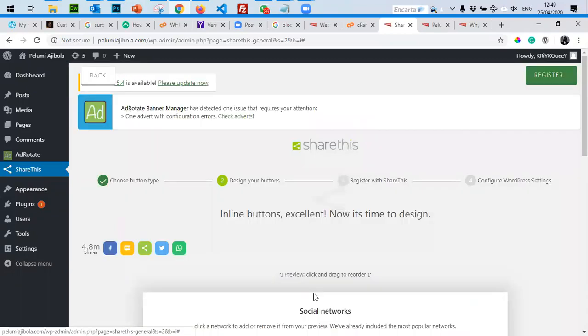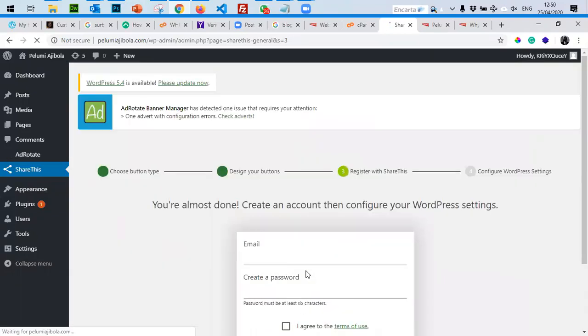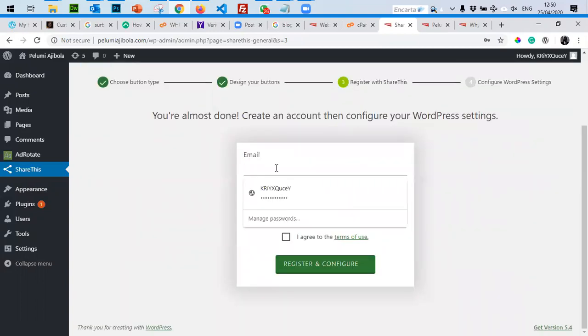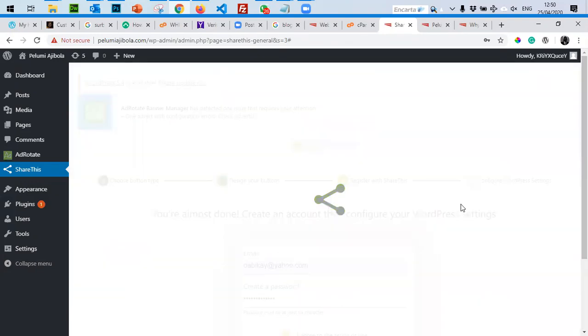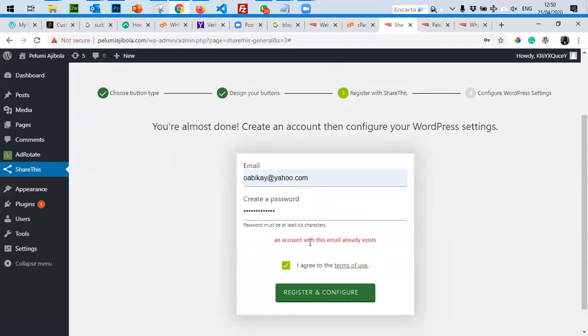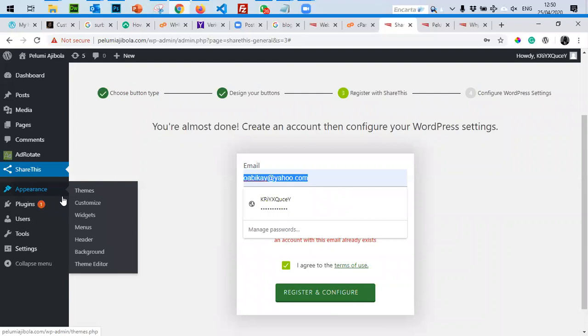and you're satisfied, you register. For someone that already has an account with them, I hope I remember the password, because I don't want to keep creating different accounts. An account already exists. Okay, let me just use a different email.